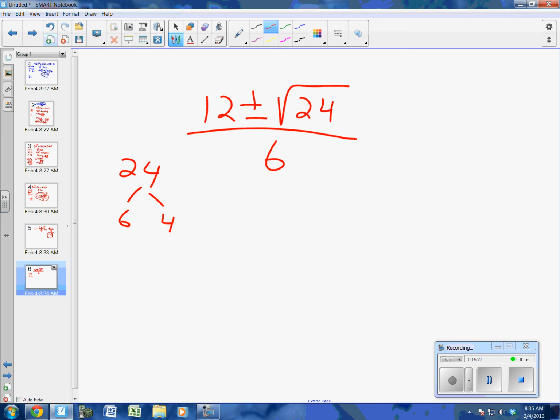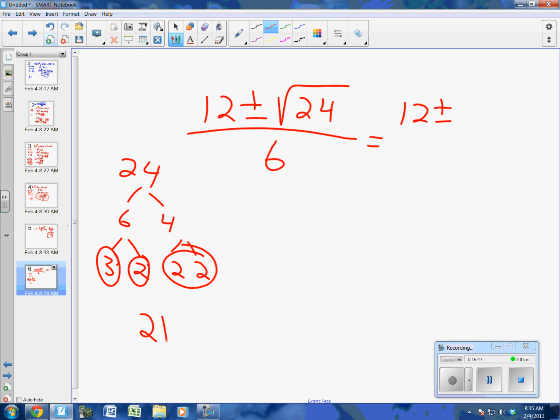6 times 4. What does 6 break down to? What does 4 break down to? Do I have any pairs there? I have a pair of 2's. That's the only pair, right? I have a loner 2 and a loner 3. Therefore, going back to this is going to be 2 square root of what? 6, because I take the loners, 2 and 3, times them back together, put them inside the square root,